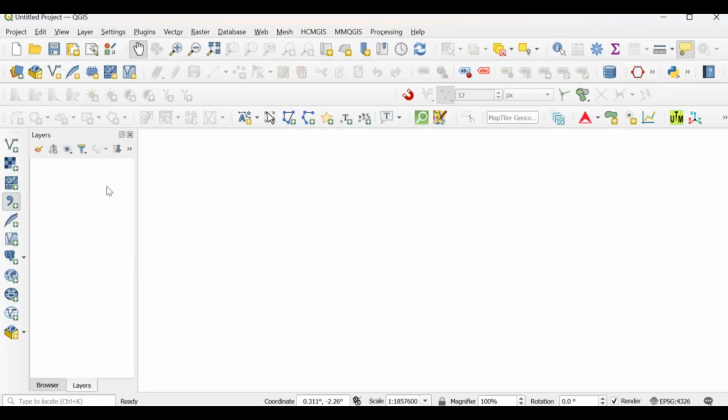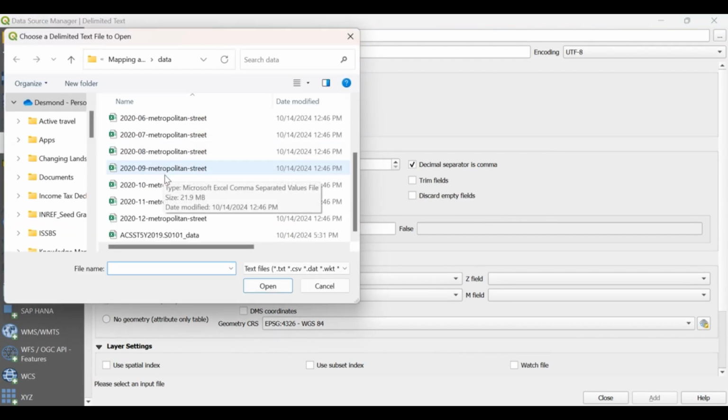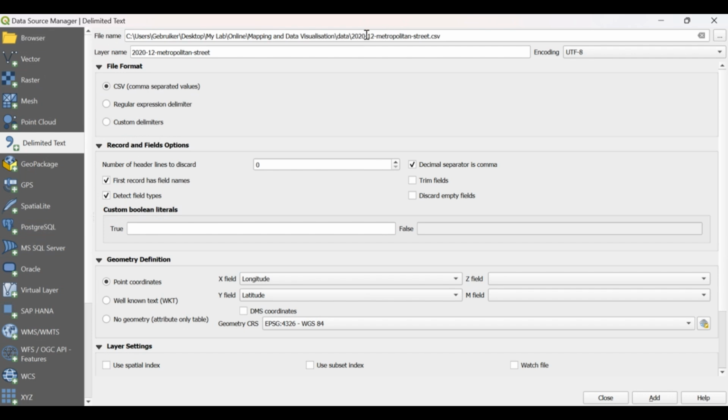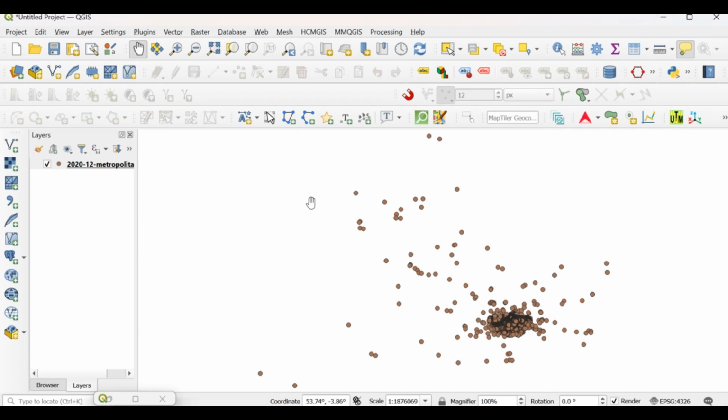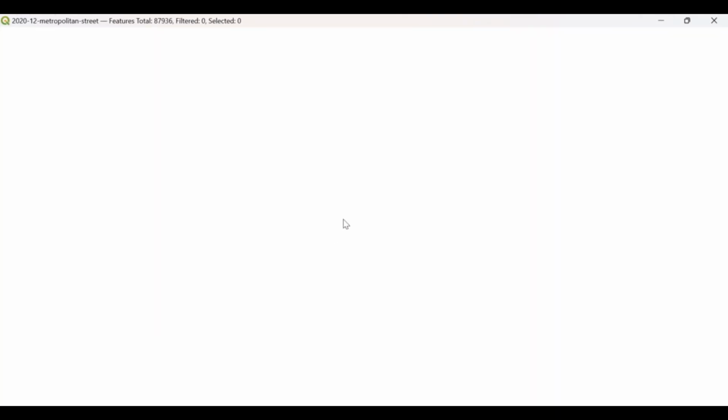Then once you have the data sets downloaded, what you can do is, for example, bring in December, which is around the Christmas time. So we will just try to see how this data set is concentrated, or the areas of intensity across the UK. So we will add it, and once you add it, it's like this. We can also inspect it over here.